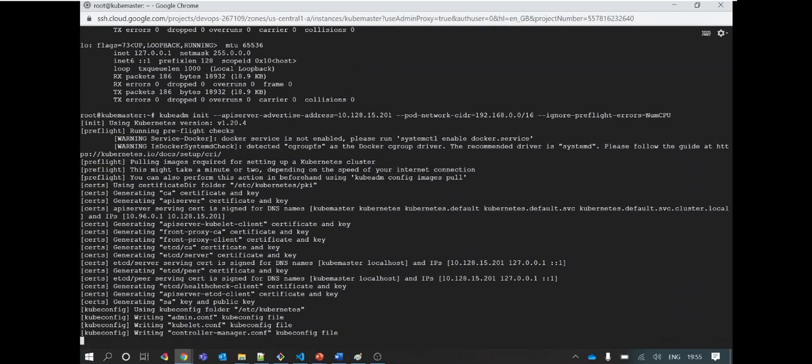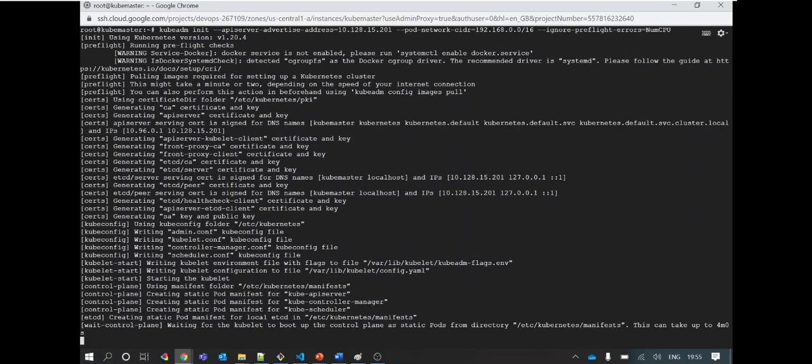Here you can see the square brackets show which section of action it is performing. Pre-flight, then certs are getting generated. Certs will be used to ensure secure communication among the Kubernetes objects and components, and you can see various certificates getting generated at various locations. For etcd CA, etcd server, front proxy CA, CA stands for certificate authority.